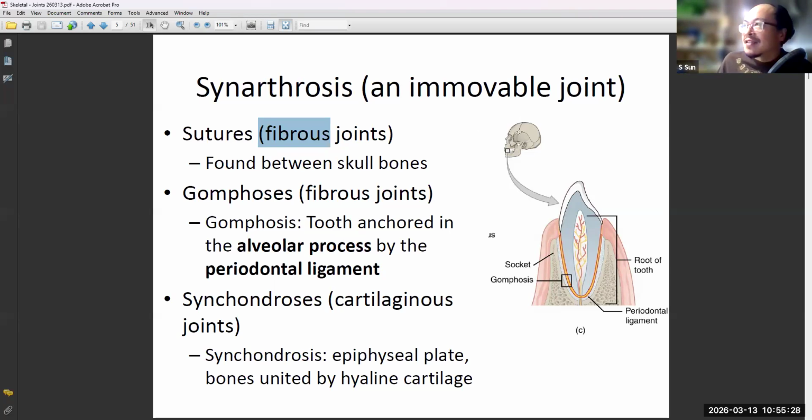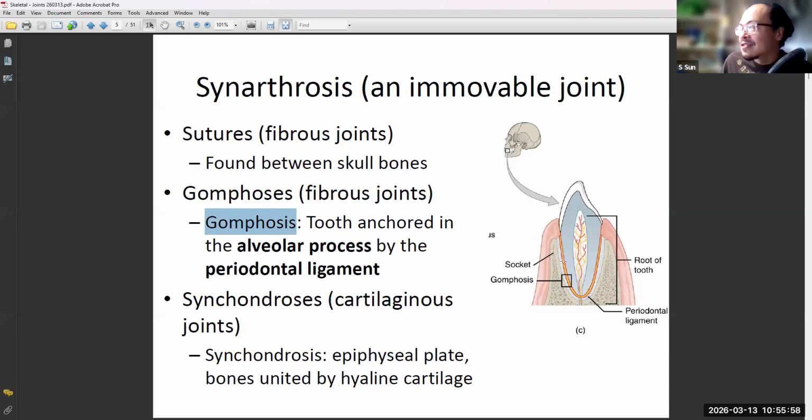Another one, all right, so that's the one we know. Another one also commonly mentioned is called gomphosis. This is the plural. Singular is gomphosis. Gomphosis is the joint between your tooth and the bone. So your tooth is not movable, right? You better not move it. It's better not to be movable. Here you have a very tight